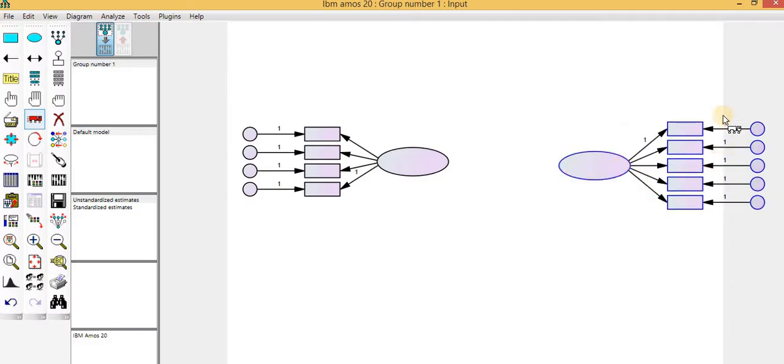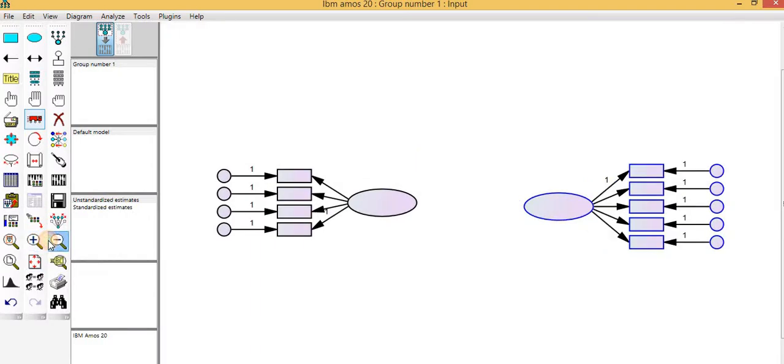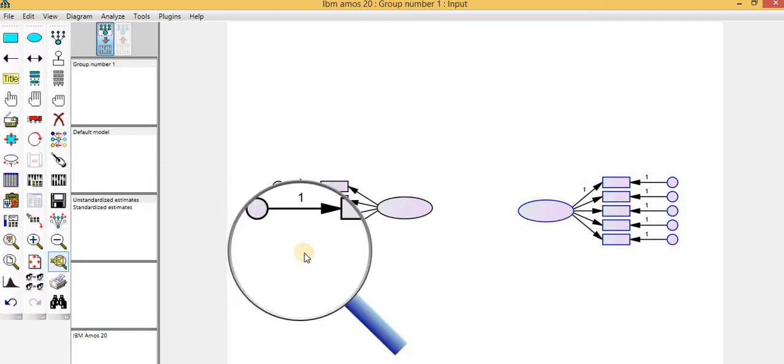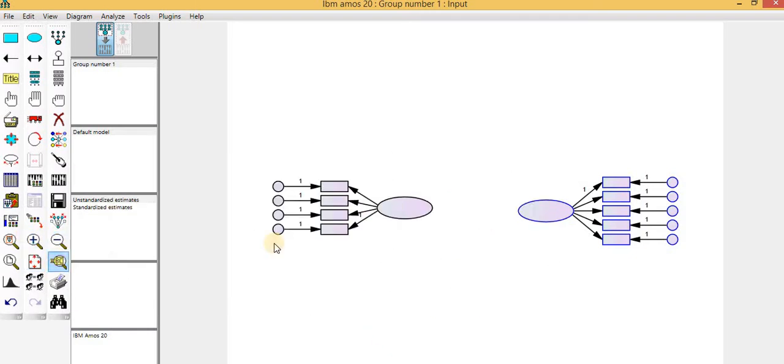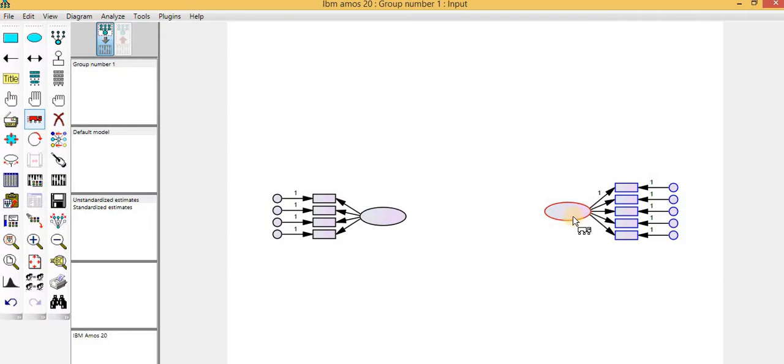If you have a shape like this which is going outside of the page, you need to click on this button, resize the path diagram, so your variables come within your screen. This is a button you can use to zoom in and zoom out, and this is a button you can use as a magnifying glass. And if again your items are going outside the boundary, you can use this button again, and this button will help you to arrange your variables, your items and your error terms within the user interface.